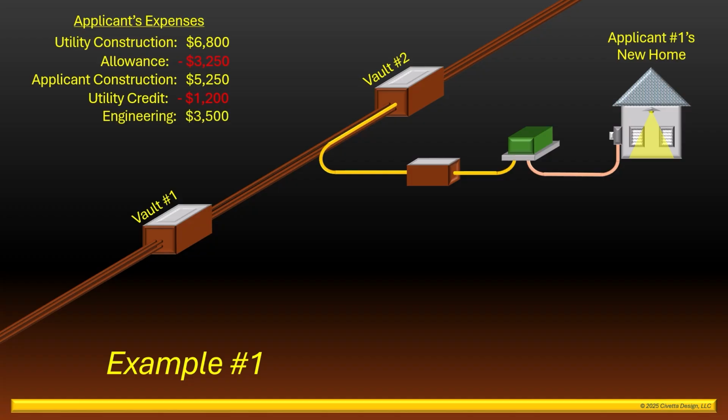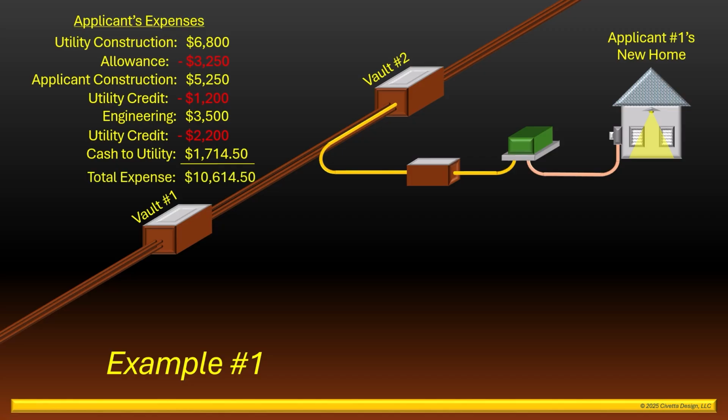The utility credited back the value of the construction plans had the utility performed the design themselves. In this case, $2,200. Lastly, the cash advanced paid to the utility, $1,714.50. The applicant's total out-of-pocket cost for the project, $10,614.50. The utility's expenses include the allowance granted for the residential service,